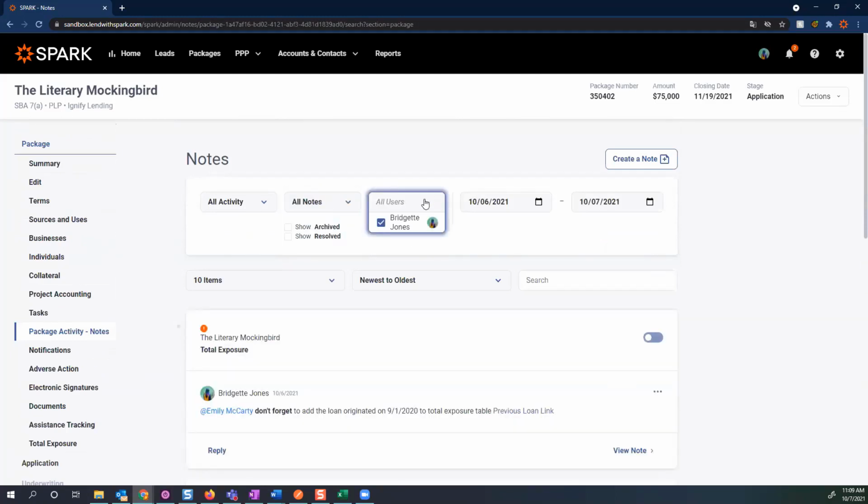We can also filter by users. Currently, Bridget Jones is the only person who has created notes at this point. But obviously, as your team starts building out deals and loan packages, you can see who's doing what, who's creating what. So if you just want to see the notes that you created yourself, you could filter by yourself personally or any of your other